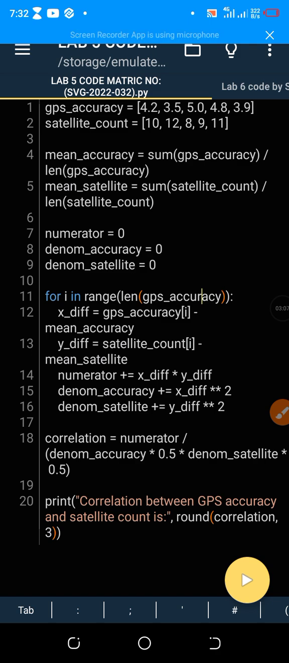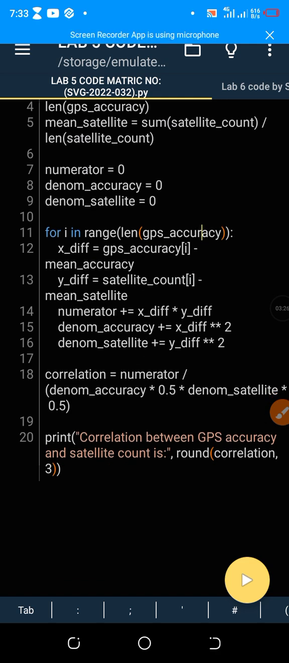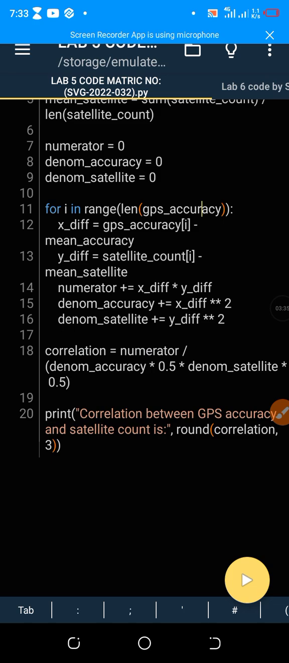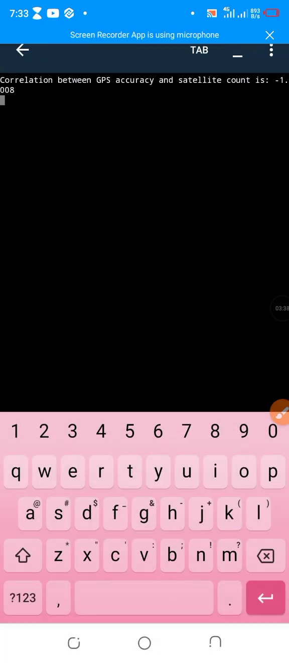The function works by calculating the mean of both lists, finding the differences between each value and the mean, and multiplying those differences, then dividing by the product of the standard deviations. After writing the whole code, I ran it as seen here, and the correlation between GPS accuracy and satellite count is